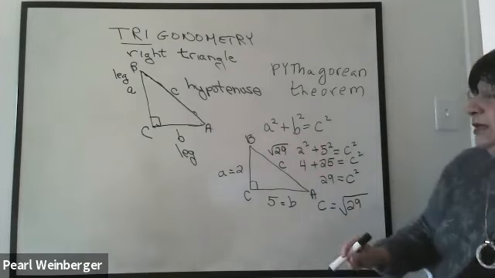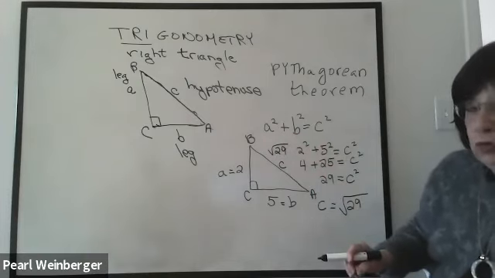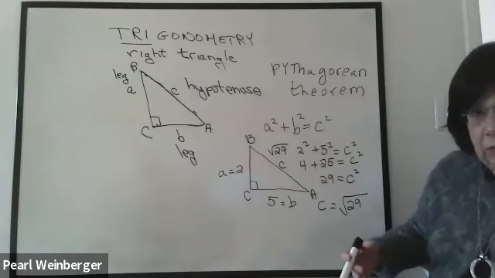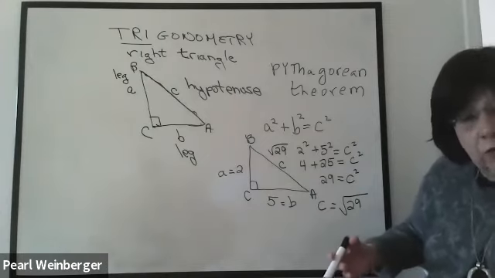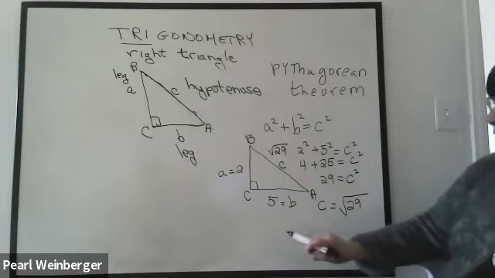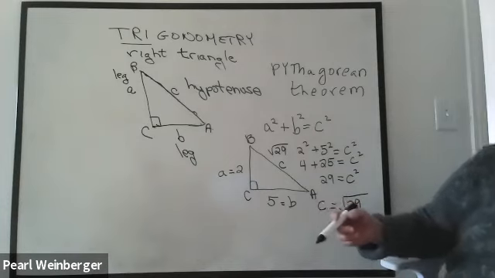The square root of 29 is the answer in radical form. Now, sometimes we don't want the answer in radical form. You'll know by the nature of the answers or the nature of the question. If it says, give your answer in that radical form, you could just leave it like this. If it says, give your answer, for example, to the nearest